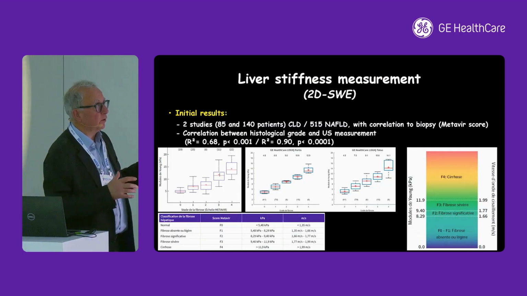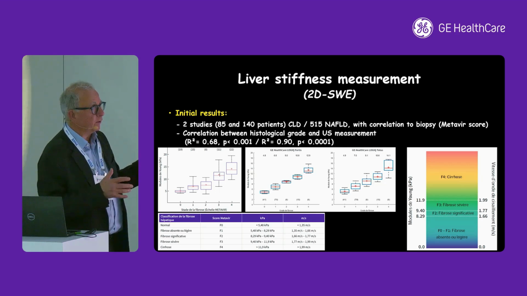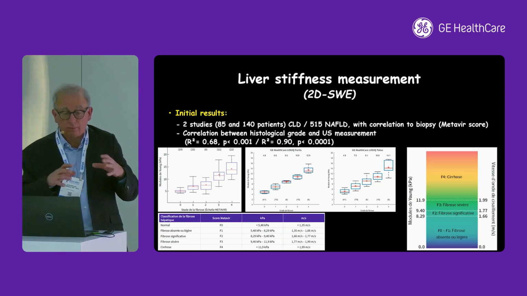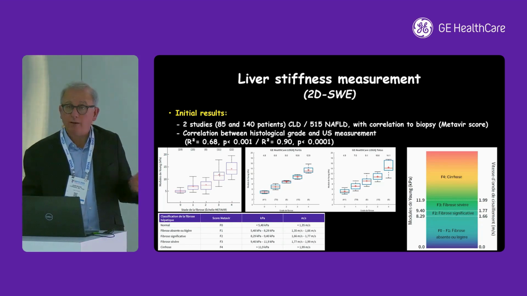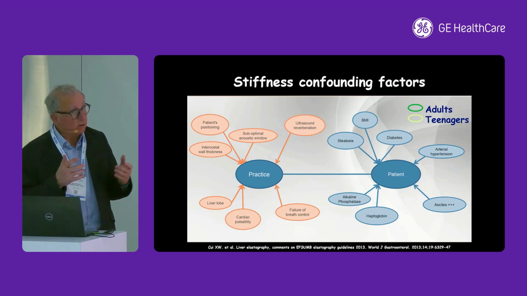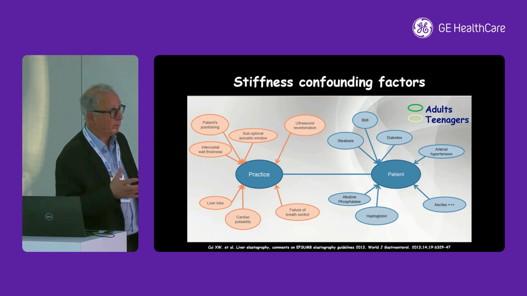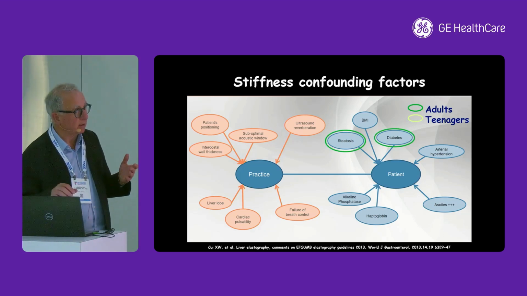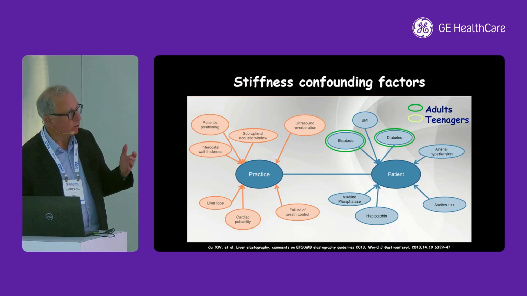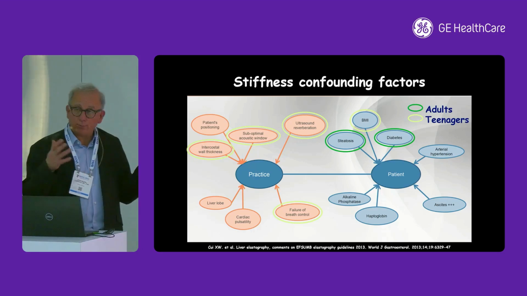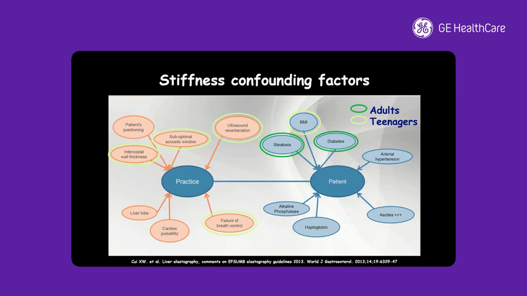Initial results were pretty good, showing good differentiation between the several stages of fibrosis, but we know that from the very well controlled studies to real life, there might be some differences. The confounding factors when you're doing these kinds of measurements are very important. They're not exactly the same between adults and teenagers, but basically you should always be careful of patient confounding factors or practice confounding factors. And in practice, because this is something you can control, you should be looking at